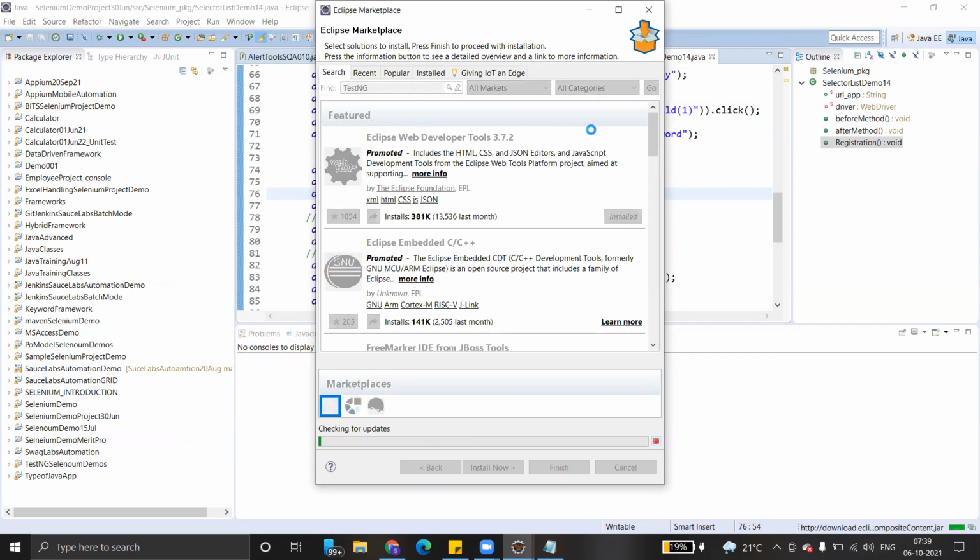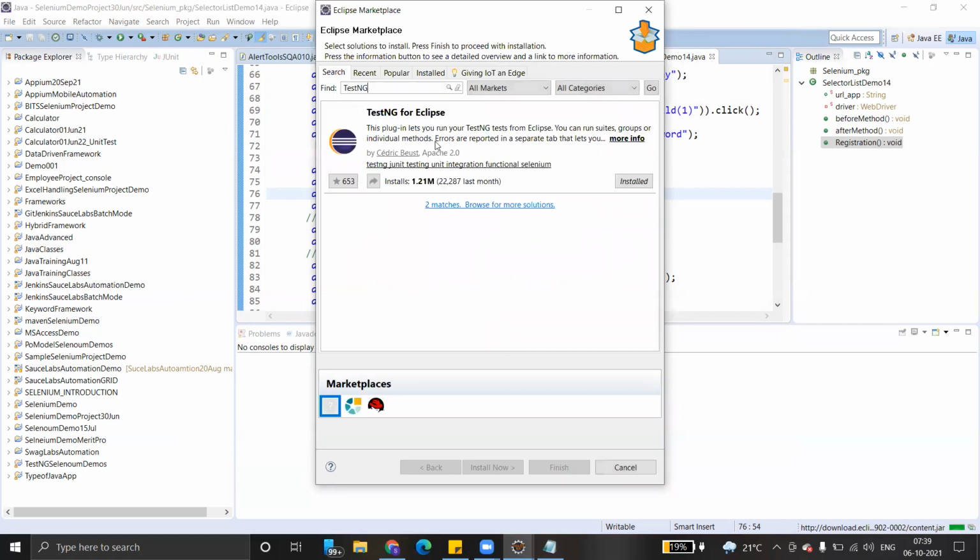Automatically you can find the appropriate plugin for TestNG in Eclipse. Yes, see, TestNG for Eclipse. You have to install it. Already installed, look here, it's already installed.